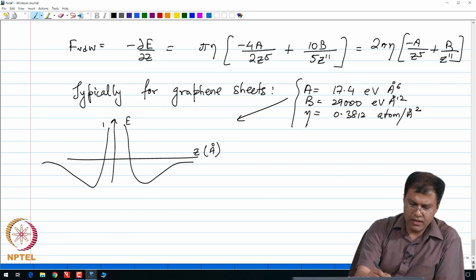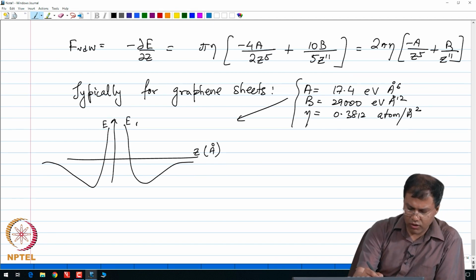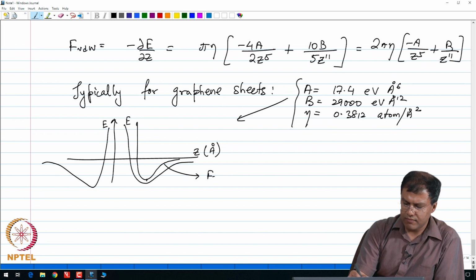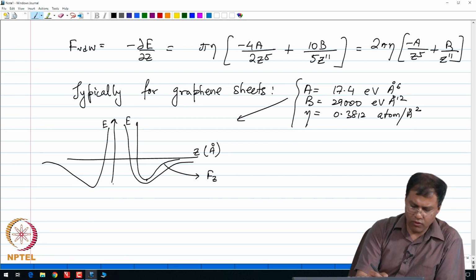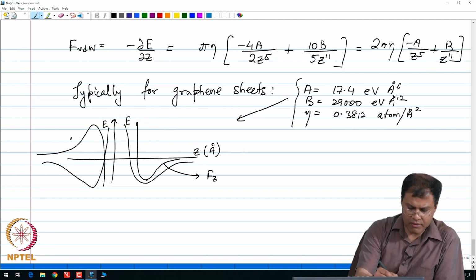So, these are my curves for E, right, and if I were to plot the force, I see that the force follows the following curves. So, the force is also at its maximum at the same point where the energy attains its minimum, right. So, F z, and the force in the other half is as follows. So, this becomes the following, right. Notice that these are my force curves, this one here.